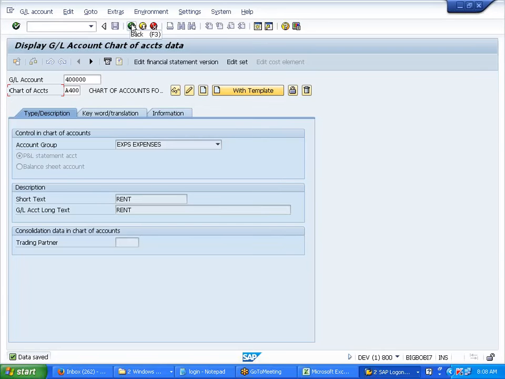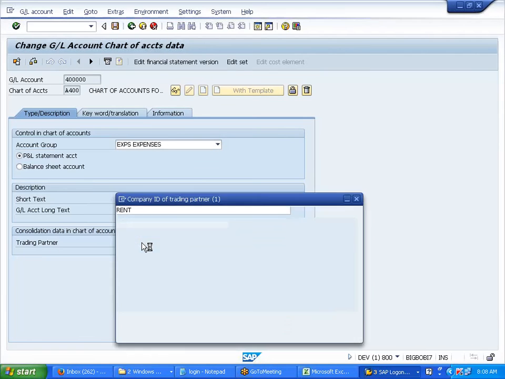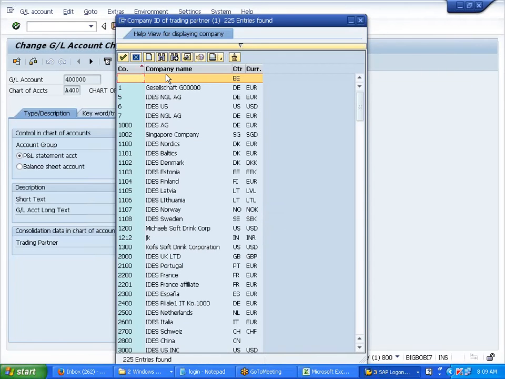What is a trading partner? This basically we use for consolidation purposes. There is another module called consolidation, where you want to consolidate and pull up the reports. You might be having 3-4 chart of accounts, right? For consolidation, company code. Your trading partner over here is your company, Aditi, right? See, company name.